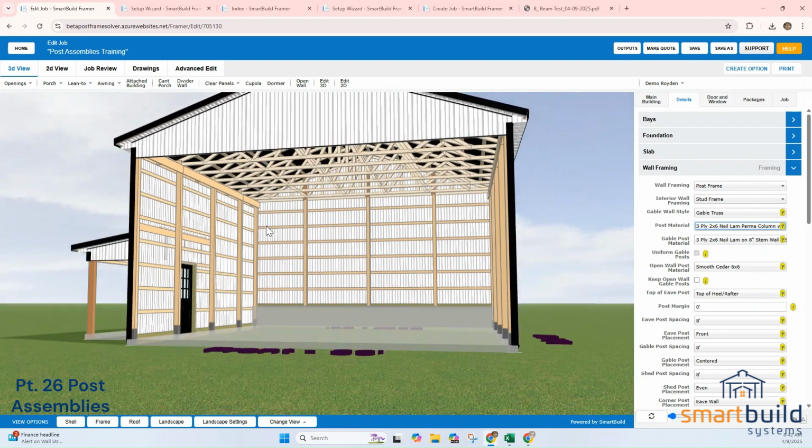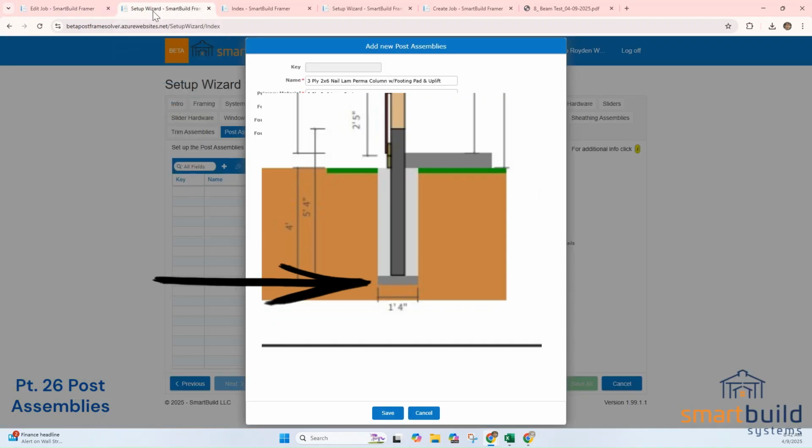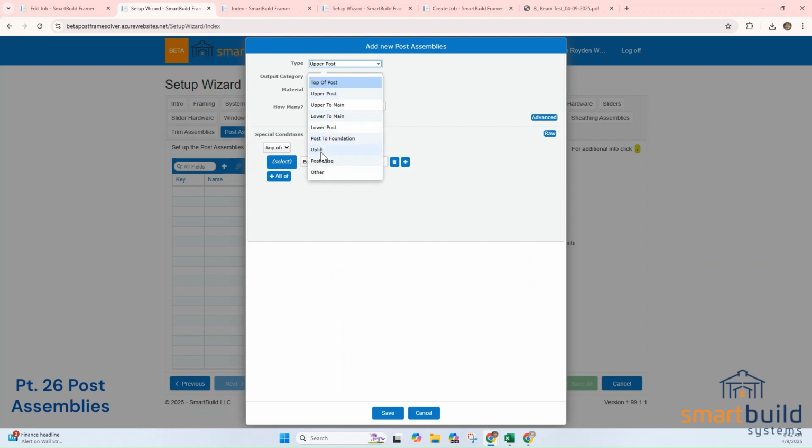That's the next thing we're going to set up. It's not shown in the model here. It does show up on the cross sections, but it is important to set that up in the right way, and I'll explain how to do that here. So we add new, and I'm going to select post base. When you select post base,